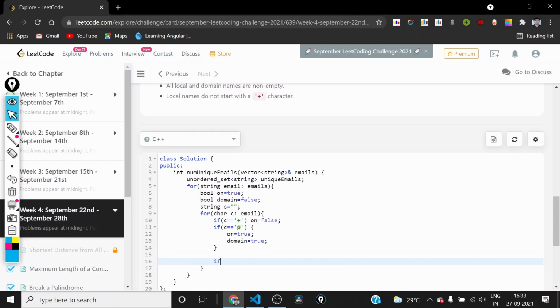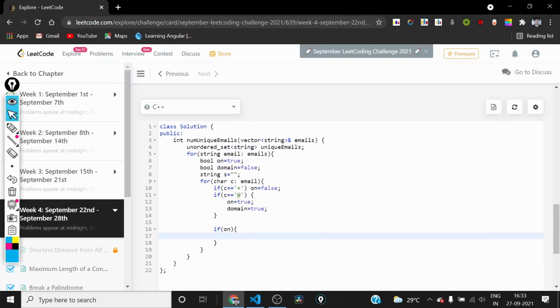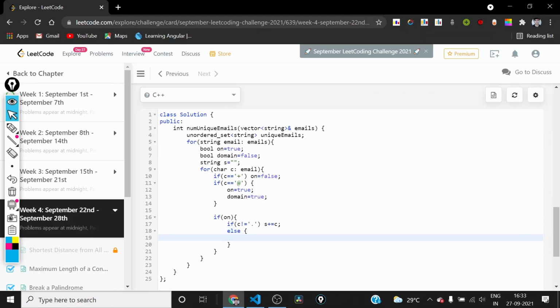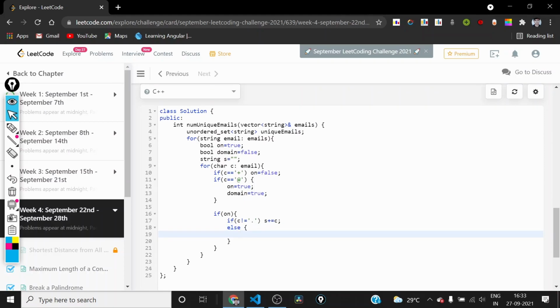Now we need to check whether we are in the on part or not. If we are in the on part, we check whether the present character is a period or not. If it is not a period, we can include it in this string. And if it is a period, then we need to do some checking.